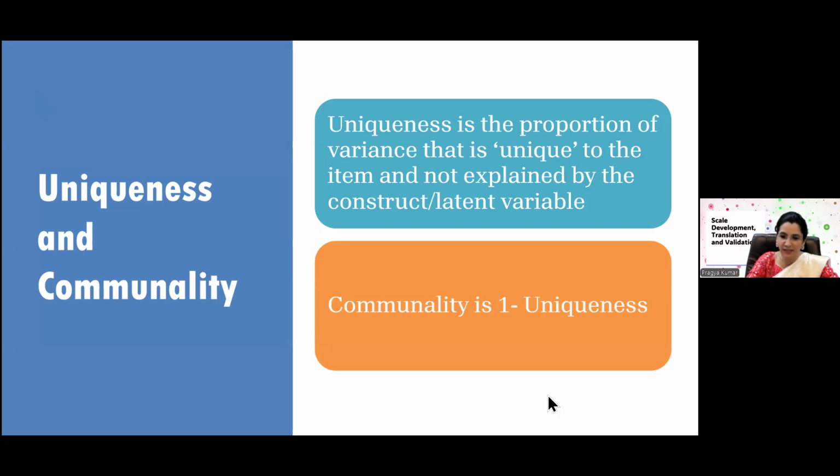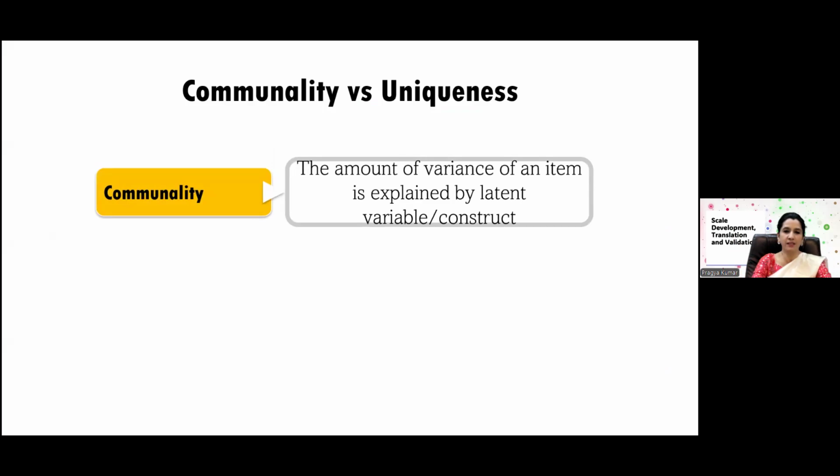So that E1 and E2, yes, I'll show you over that. And what is communality? Basic communality is the opposite of uniqueness. So if the uniqueness error is 40%, your communality will be 60%. Communality is like shared variance: how much variance in that item can be explained by the latent factor. So if you see this communality versus uniqueness,